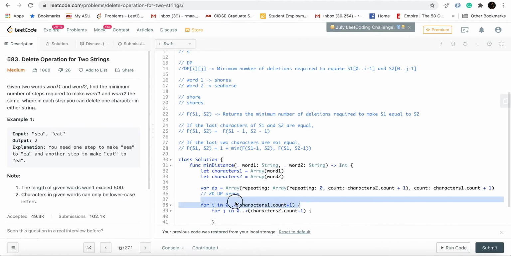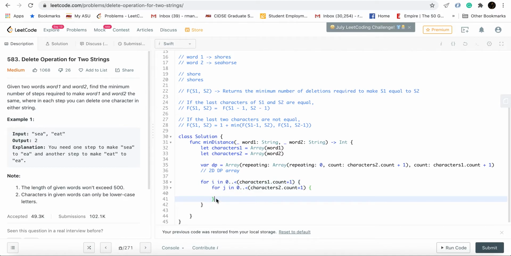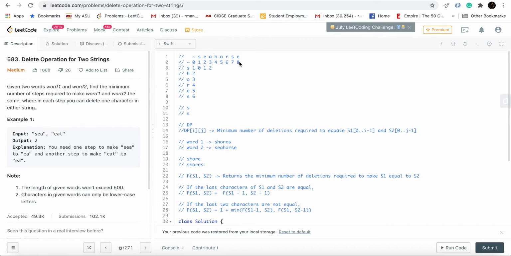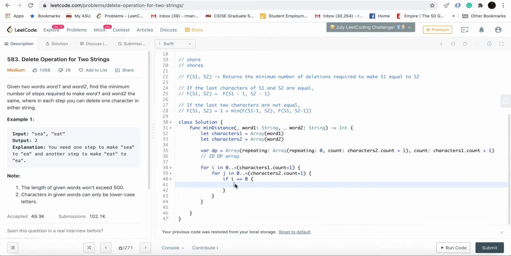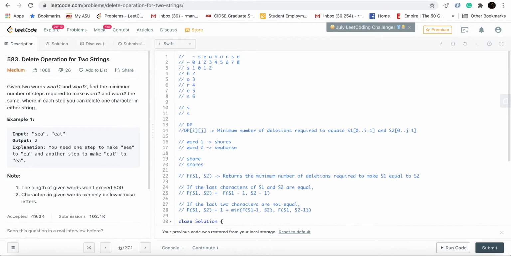So this is going over all the rows, and while we are going over all the rows, we are going over all the columns. The columns are formed by word 2 and the rows are formed by word 1. Cool. Now, if i equals 0, meaning we are on the first row, we just need to assign j, because that is the number of deletions we'll need, because j is going over the columns.